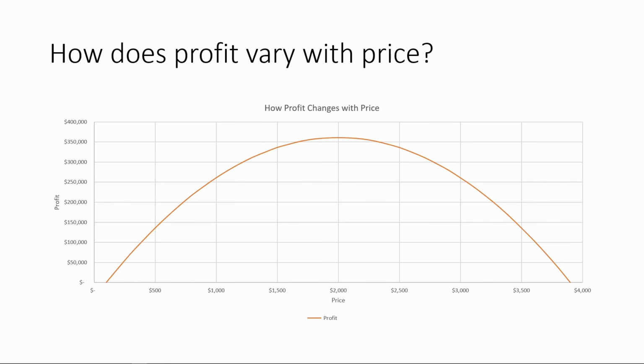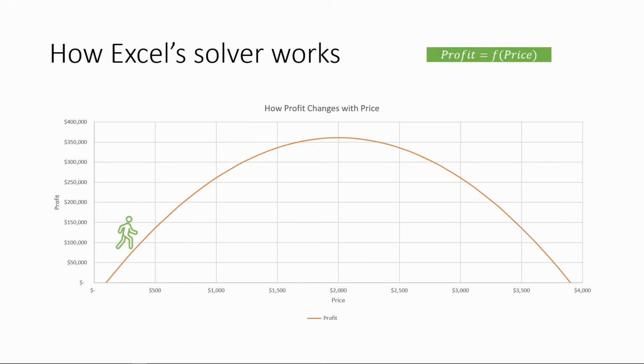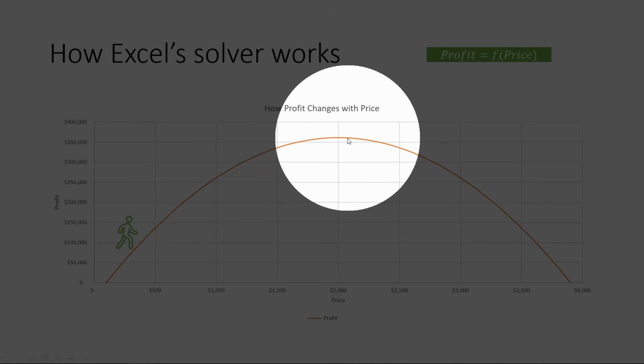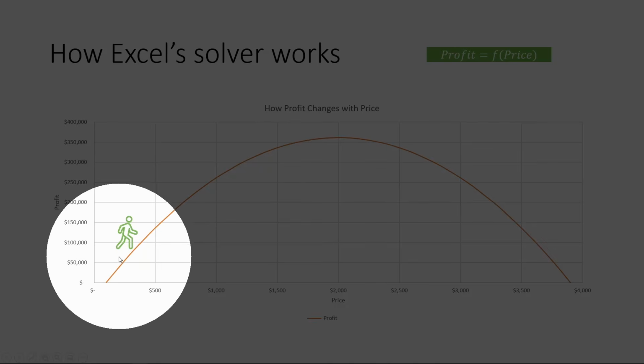And instead of us trying to figure out where this optimal price level is, we are going to use Excel's solver to figure out the optimal price. Here's just a general idea of how Excel's solver works, how it finds the optimal solution. Within the solver, it actually takes derivatives of this curve, and with the derivatives, it tries to find a slope